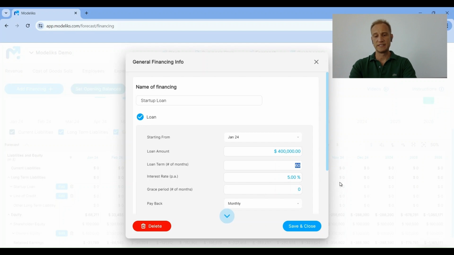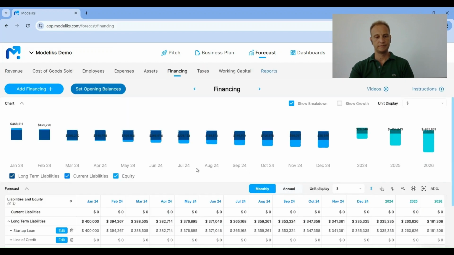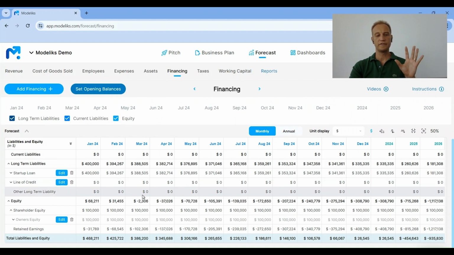We'll pay off the loan in 60 months and with an interest rate of 6%. We'll pay back the loan monthly. Every month we'll pay back the loan. With just those few inputs, we'll calculate all the cash flows from this loan. Now, with that, we have finalized our financing